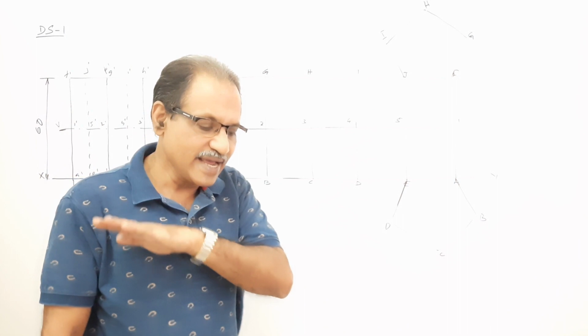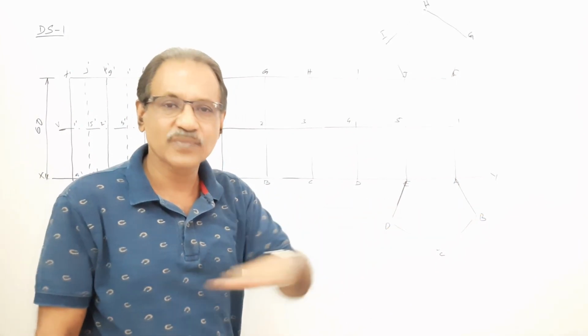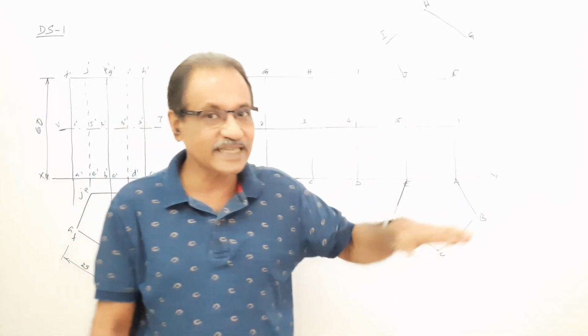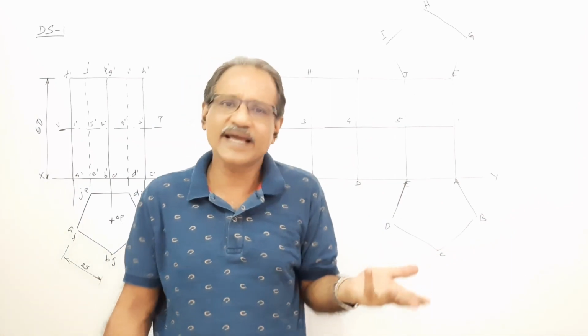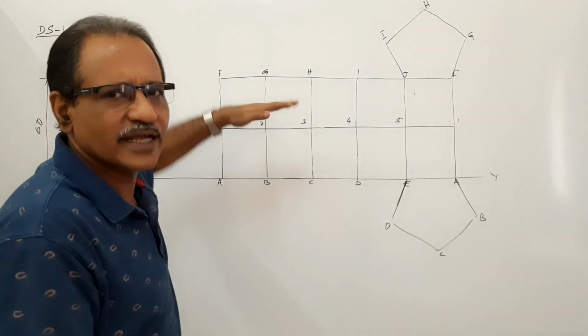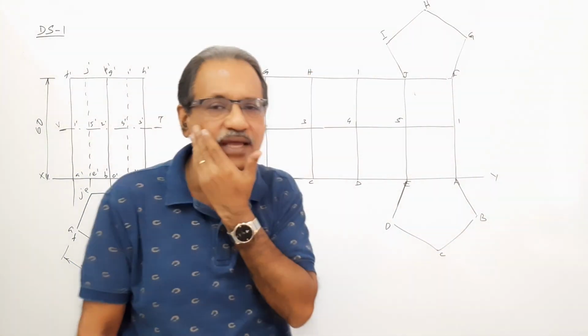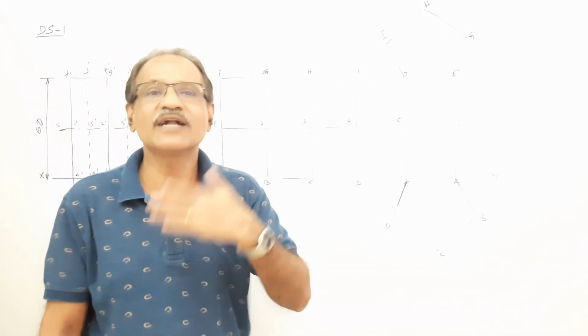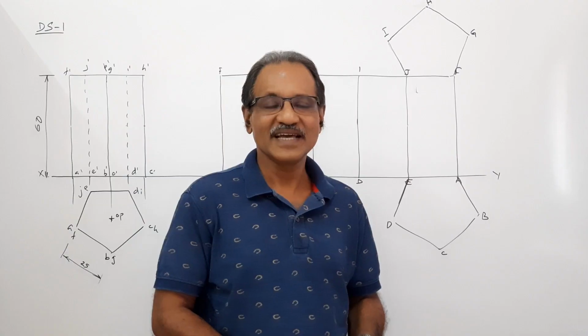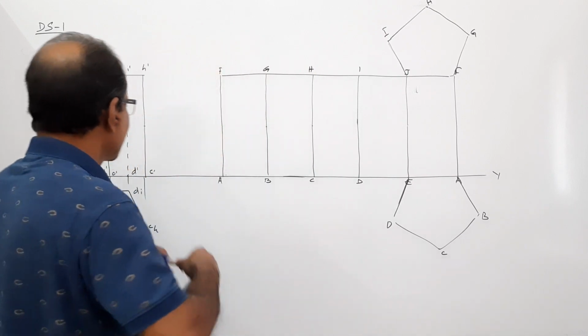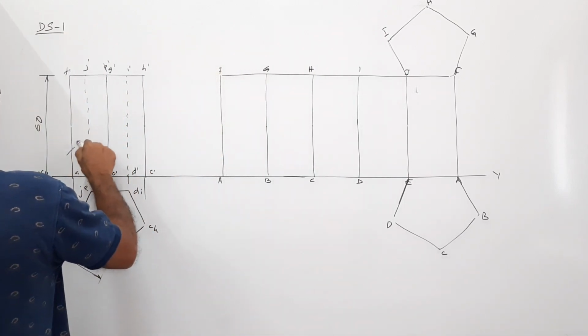Where is the cutting plane? Cutting plane is passing through the center, bisecting the axis. I have assumed like that. You can cut it anywhere, but it's a horizontal line. That is what I intend to convey to you. Agreed? Now the second cutting plane, I am going to cut it by a cutting plane,